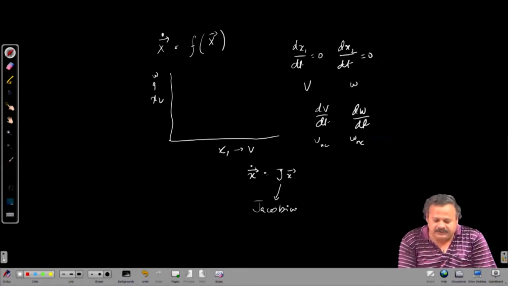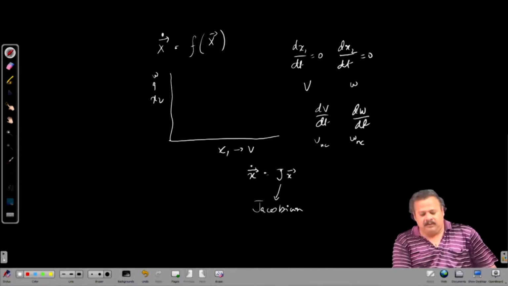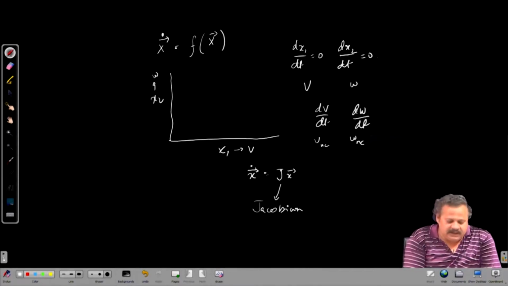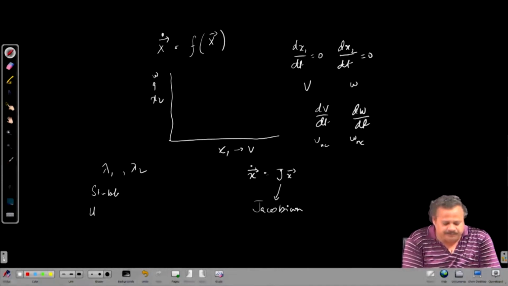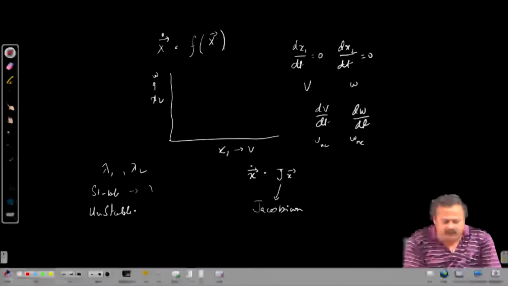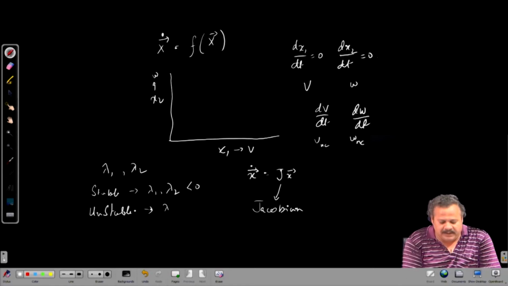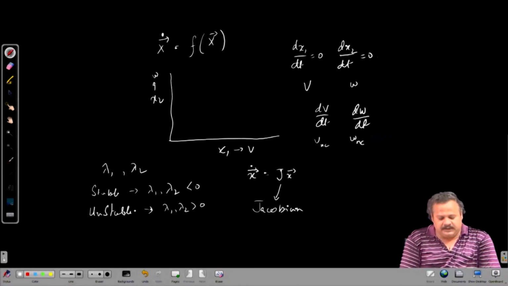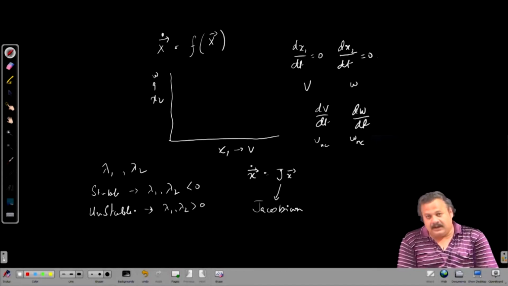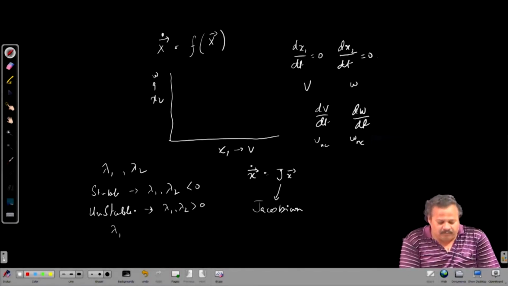Then the eigenvalues of J determine the properties of the equilibrium point. If the eigenvalues are lambda 1 and lambda 2, they are of two kinds, stable and unstable. If lambda 1 and lambda 2 are both negative, then it is stable, and when both are greater than 0, it is unstable. There is another case of stable and unstable where lambda 1 and lambda 2 are complex. In the above two cases they are real, but if they are complex,